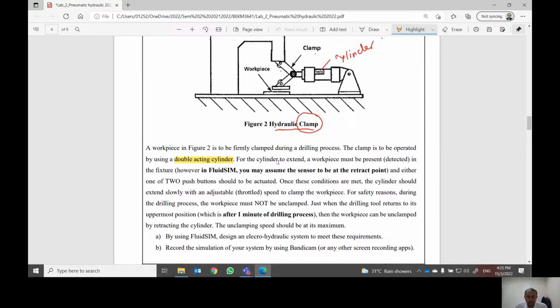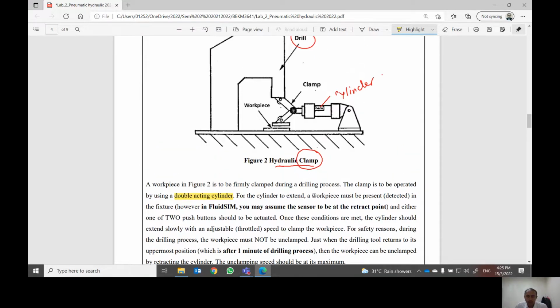For the cylinder to extend, a workpiece must first be present or detected in the fixture. Okay. First, you have to understand the mechanism. If the cylinder extends, which is this direction, okay, extend,